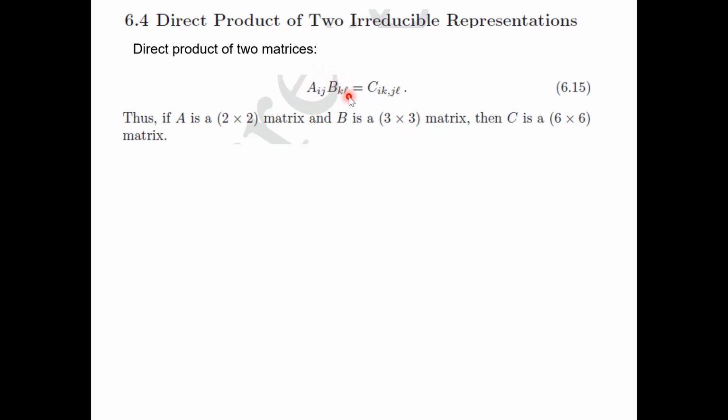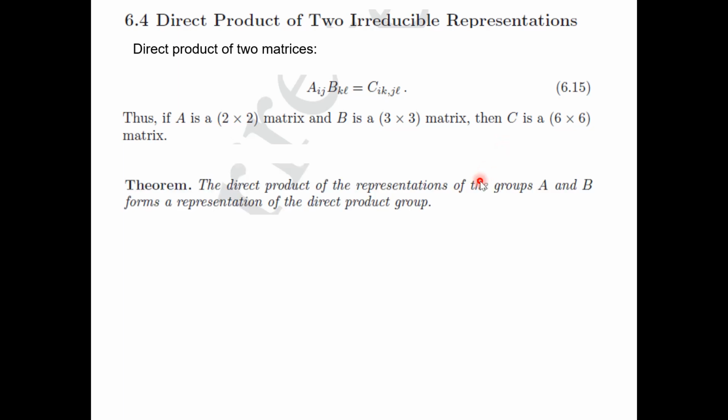And if you remember the direct product, you have to multiply the dimensions, right? So if A, for instance, is a 2 by 2 matrix and B is a 3 by 3 matrix, then the direct product matrix C is a 6 by 6 matrix. And this is a way to define the direct product between two IREPs, two irreducible representations. Okay, so